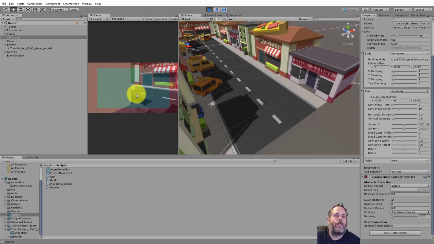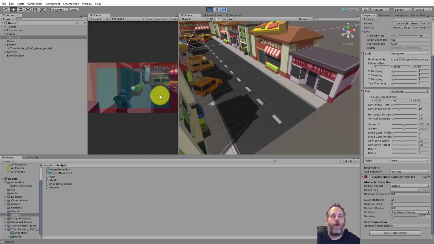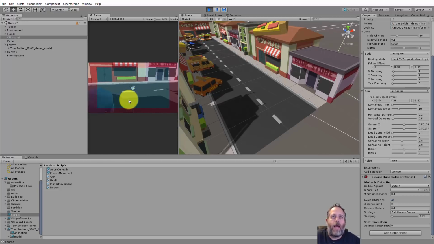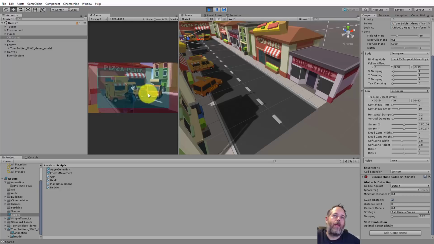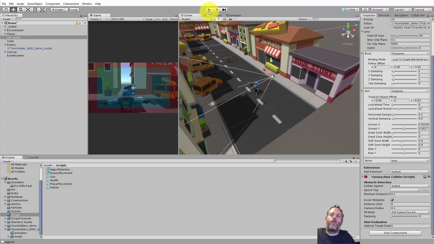It's pretty good. I can still see where I'm aiming, and I think it's going to be rare that I get into cases where I'm backed up and I can't see the character, but I can see this. So I think we're good there. I'm going to end this part right here, and then I think